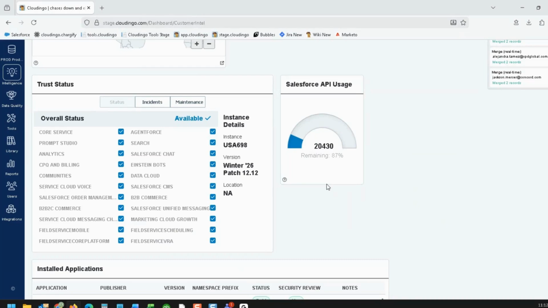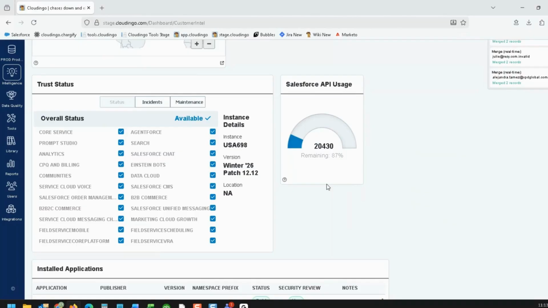And one of the side things I'll say about all of these various tiles and these reports is that there are ways to access this information within Salesforce, but it's very disparate. Oftentimes you have to build custom reports. Oftentimes you have to dig in hidden places and you have to have permissions to those sorts of things. So part of the goal in providing this for you within Cloudingo was to give you this dashboard view where you can quickly scroll to the reports that you need to see. You can do this on a daily, weekly basis, whatever meaningful interval is for you. And you see it all right here. And you don't have to dig through it and remember to touch on all the different pieces that are relevant